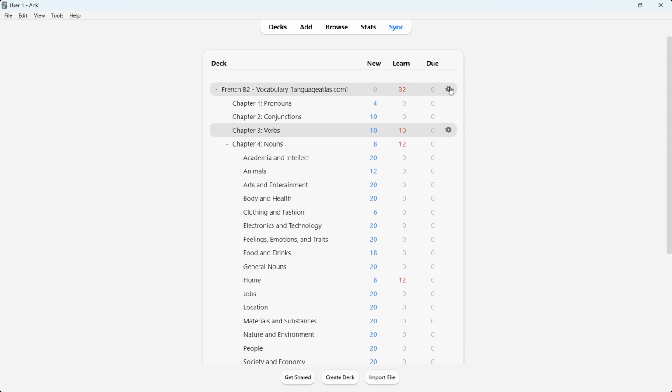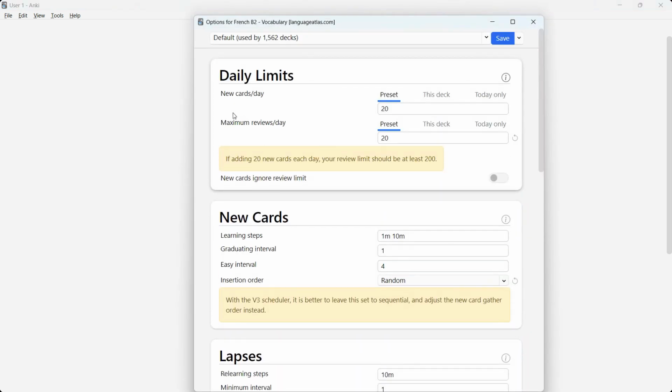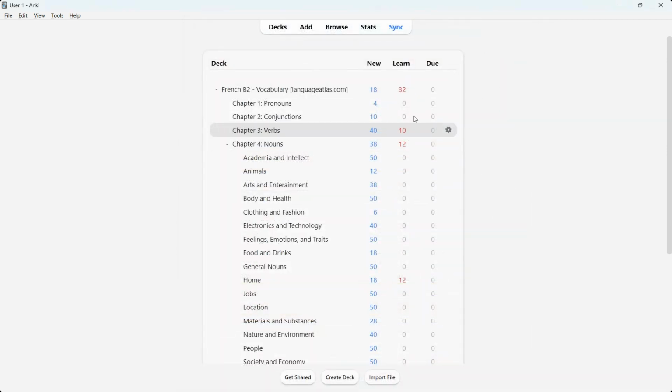I would now like to go to my third point, which is to show you some brief editing options. If you click on this icon over here and click on options, you can see the daily limits. And what I wanted to show you is how to regulate how many new cards and how many reviews you can do per day. So new cards per day is 20. We can change this to 50 if we wish to do so. Maximum reviews per day is 20. We can change this to 50 if we wish to do so as well. And if I click on save, we just increased how many new cards and how many reviews we see every